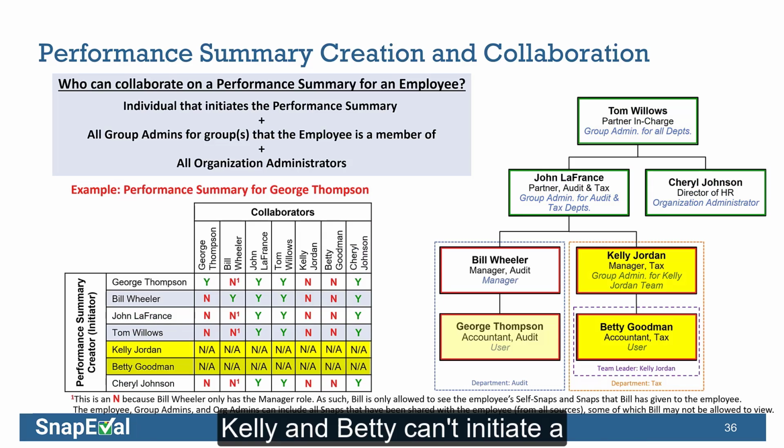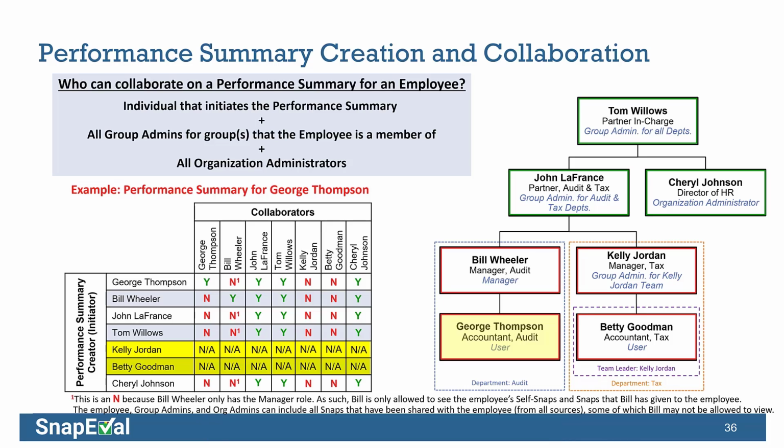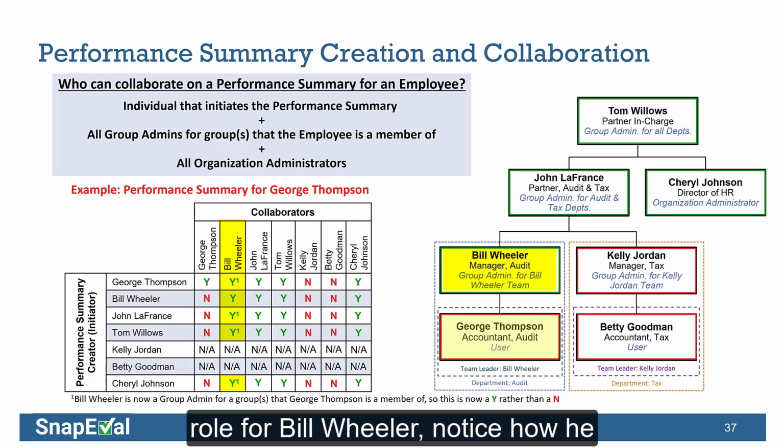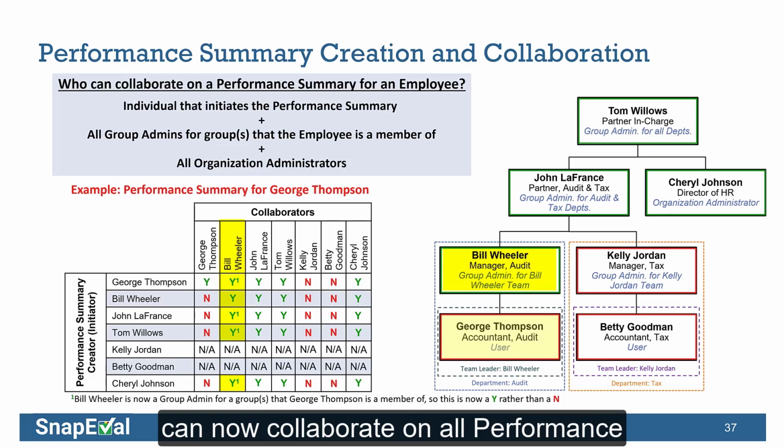Kelly and Betty can't initiate a performance summary for George, so there isn't any collaboration. Finally, if we add the group administrator role for Bill Wheeler, notice how he can now collaborate on all performance